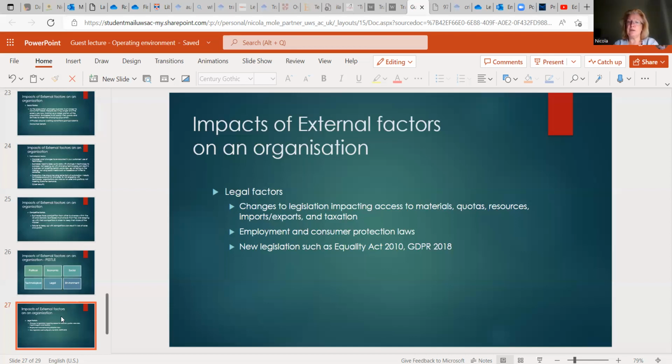There will also be employment and consumer protection laws. So in the UK, we have a lot of employment legislation that protects the employees. It protects the employees from the business owners who treat their employees unfairly, who do not pay them the correct wages, who do not pay them on time, or who may not pay them at all. There were many examples of that during the pandemic. All right, so a business, if it wants to be successful and stick within the law, needs to keep up to date with all of these.